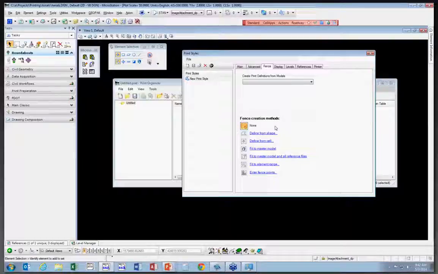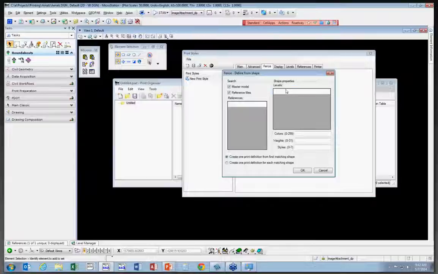This is where you define in the print style how to go in and find your sheet borders. And I want to define those from a shape. And I'll say that shape is on level plot border DP. And it'll scan currently my master file and all reference files. So, you know, if you don't use reference files, you always have your sheet borders in your files. You can check that off, and it'll only search your master file and, you know, speed up the process a